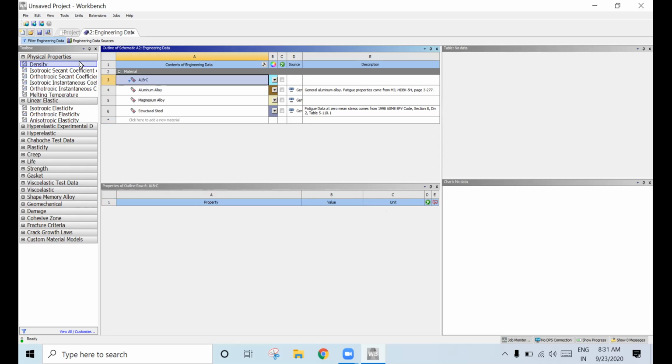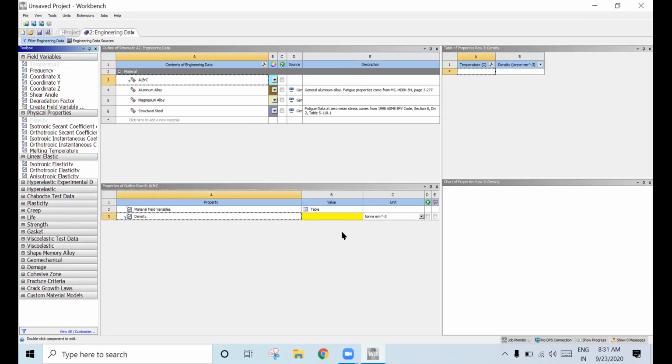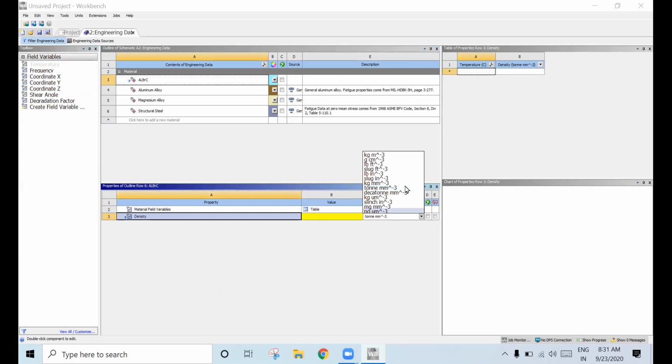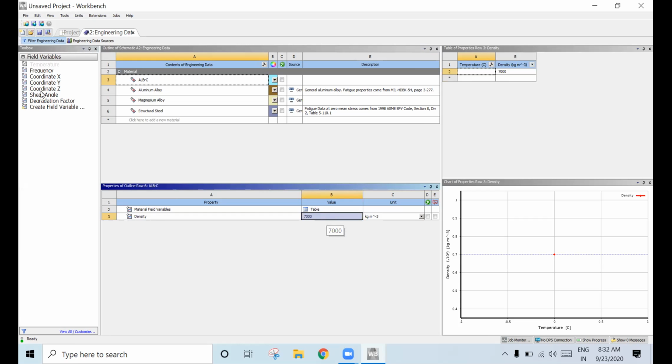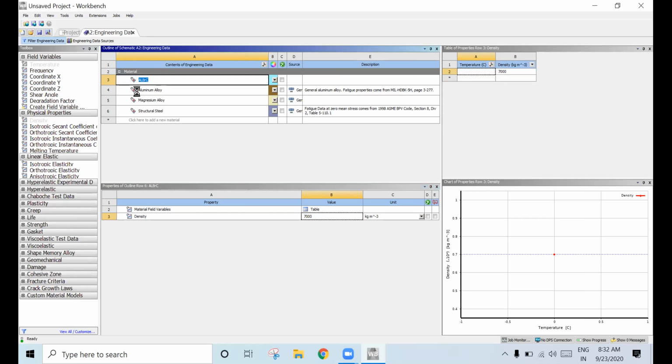What you have to do is come to this toolbox. If you want to add density, double click, you will get the density. You just set it. I will give around 7,000 kg per meter cube. Again click on this aluminum boron carbide.